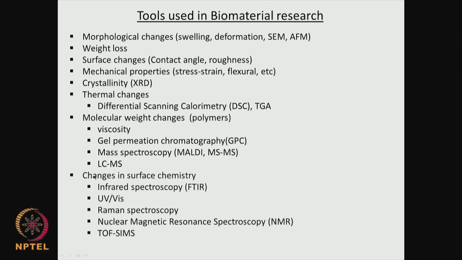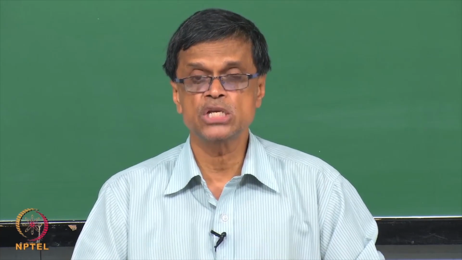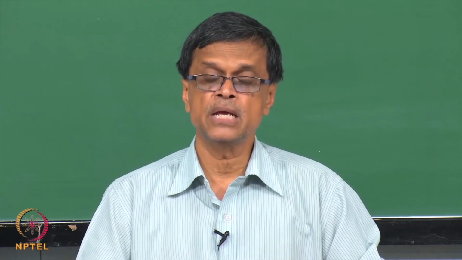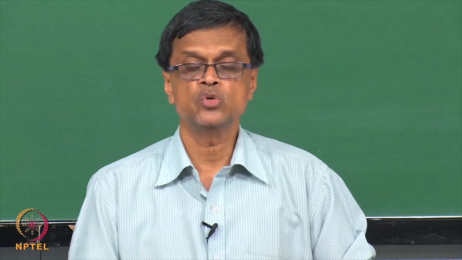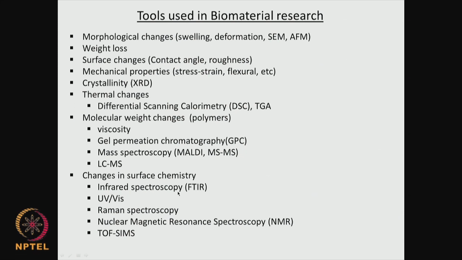Then we can look at a lot of changes in surface chemistry. This is a chemical approach, because as the material is inside the body, it may get hydrolyzed, it may get reduced, it may get oxidized, it may get attacked by reactive oxygen species. So there could be a lot of new functional groups created, old functional groups might have disappeared. Okay. So I would like to understand that there are many tools there, like infrared spectroscopy, Fourier transform infrared spectroscopy, UV visible, Raman spectroscopy, nuclear magnetic resonance spectroscopy, time of flight SIMS,